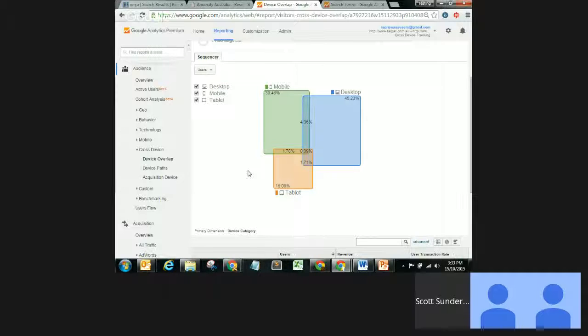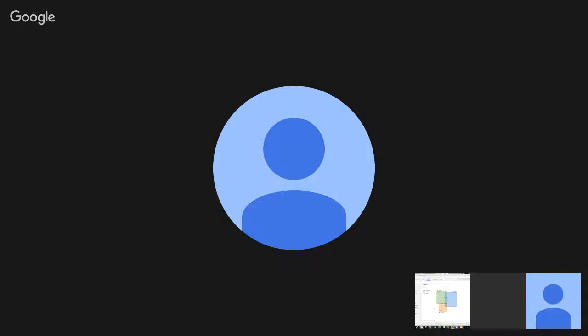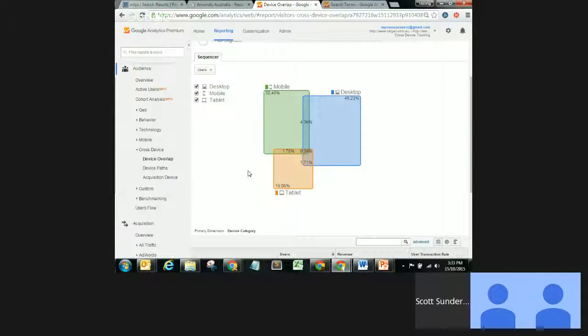Because it's so small, right? So, what can you say about target users from this information? Yeah, that's right. So they're either starting on their mobile and staying on their mobile, or on their desktop